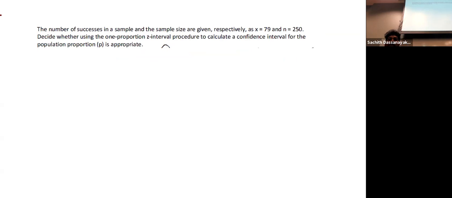What do you think about this one? There are no calculations you need to do. You just need to give the answer, because this is also a multiple choice question. The answers are only 2 choices, appropriate or inappropriate. So what is the answer? Appropriate or inappropriate? Appropriate. Why?